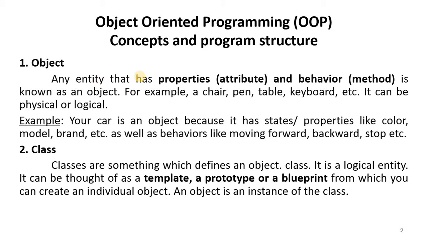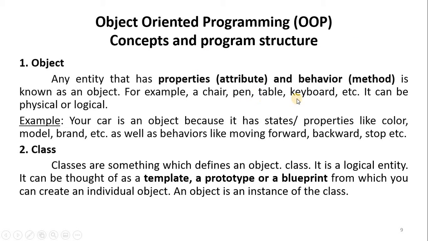Every object is an entity that has properties. Property means we can also say attribute, which is nothing but our variable or fields. And the behaviors are nothing but methods. For example, if you take a chair, the parts are wood and screws. Those are the attributes. What is the method? We use the chair for sitting, or we can move the chair. Like that, we can have any entity.